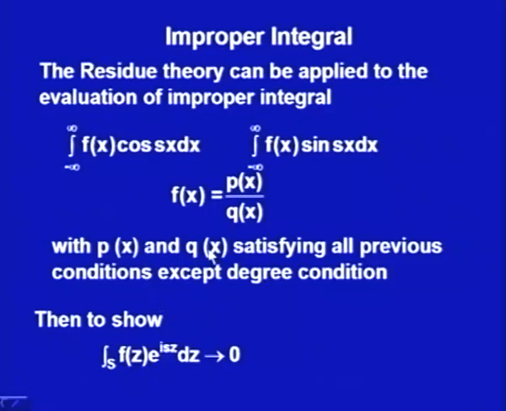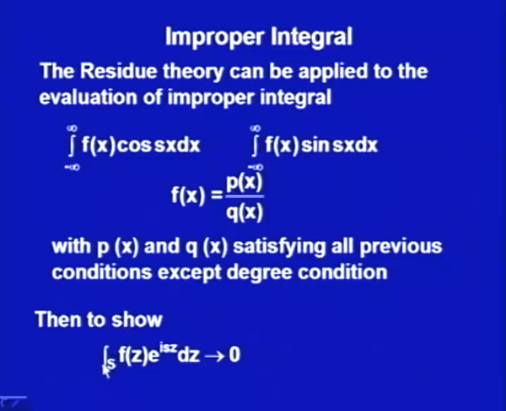Now, assume that this f(x) has all the conditions as such, that is, my denominator does not have a real 0, and p(x) and q(x) are polynomials, a rational function, and none of them have a common factor, but the only condition is that p(x) and q(x) are not satisfying this degree condition, that is, the difference between the degree of denominator and numerator is not at least 2. Now, suppose the difference is 1,